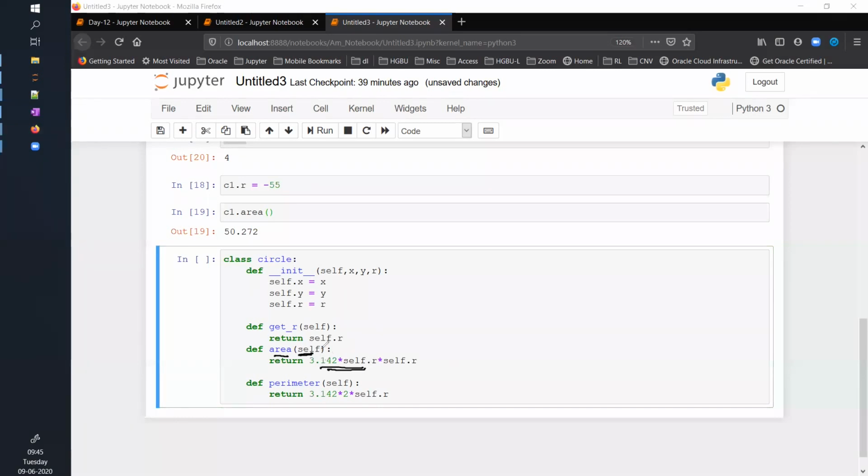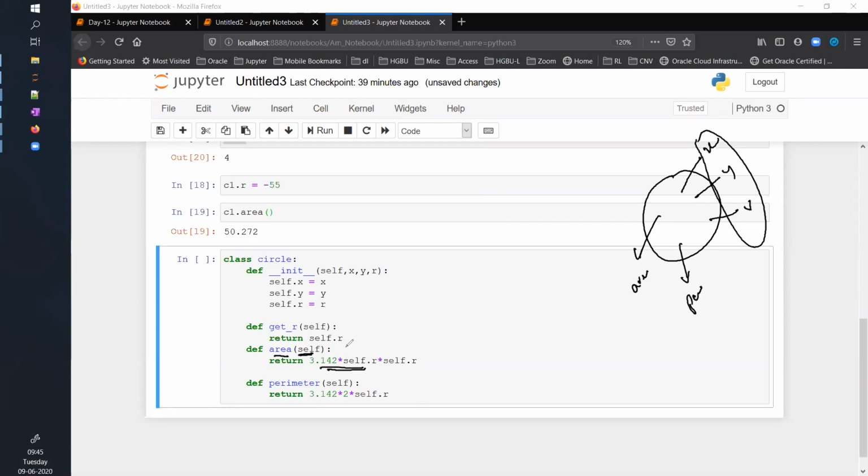Here I'm just passing self, which makes sense, because my self object has everything. It has x, y, r, and the area and perimeter functions are also hooked to this object. So if I just pass self, everything else is available to me. I can say self.r to fetch the radius value. I need not pass it explicitly to my function.